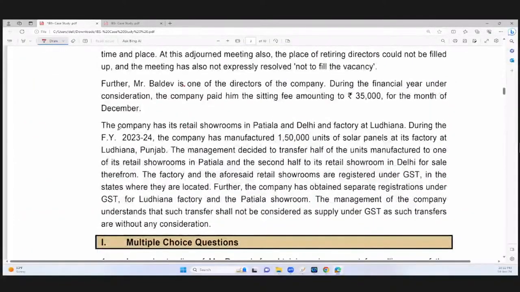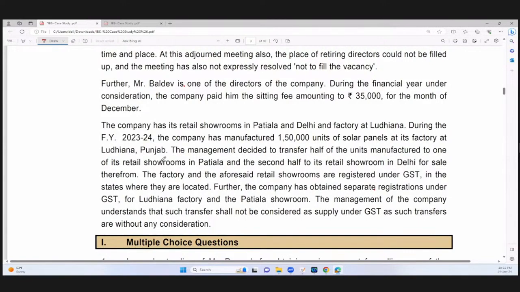पहले फर्स्ट पार्ट, द लास्ट पैरा ऑफ द केस स्टडी, इस पे उसने फर्स्ट पार्ट पूछा। द कंपनी हैज इट्स रिटेल शोरूम्स इन पटियाला एंड दिल्ली एंड फैक्ट्री एट लुधियाना। तो फैक्ट्री लुधियाना में है, शोरूम्स पटियाला और दिल्ली में हैं स्टूडेंट्स। ड्यूरिंग फाइनेंशियल ईयर द कंपनी हैज मैन्युफैक्चर्ड 1,50,000 यूनिट्स, और नेचुरली मैन्युफैक्चरिंग इज गोइंग टू बी एट फैक्ट्री ओनली। मैनेजमेंट डिसाइडेड टू ट्रांसफर हाफ ऑफ द यूनिट्स